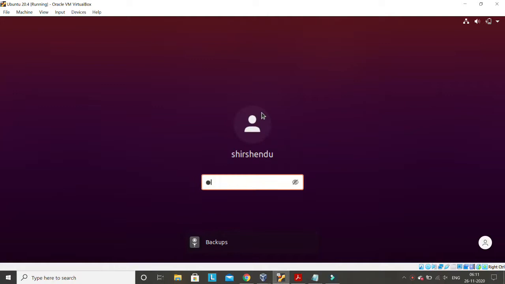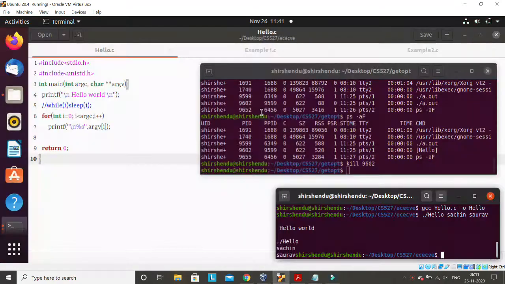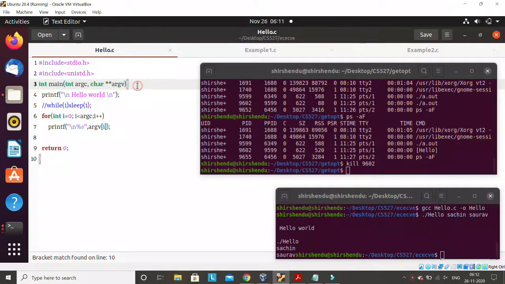Okay, so now we'll check how we can load a program having command line parameters from another process. So here there is a program, and I think you know this concept. If it is new to you, just search for command line parameters and Google it and try to clear this concept. This is important, but it's a bit of an entry level thing, so I'm not explaining it in detail.